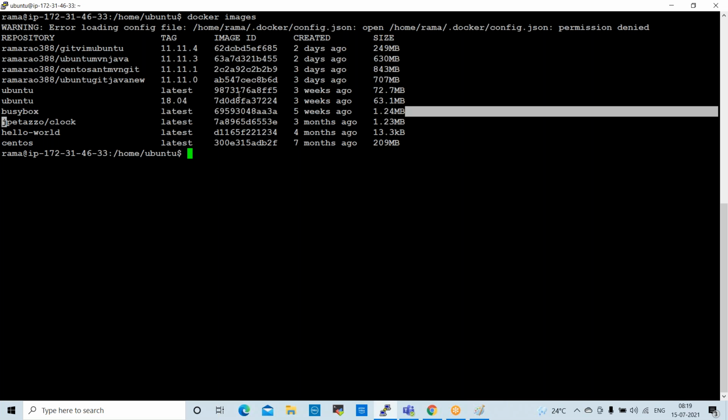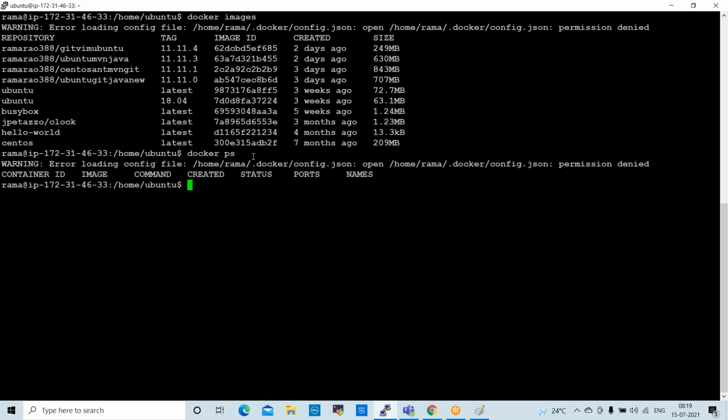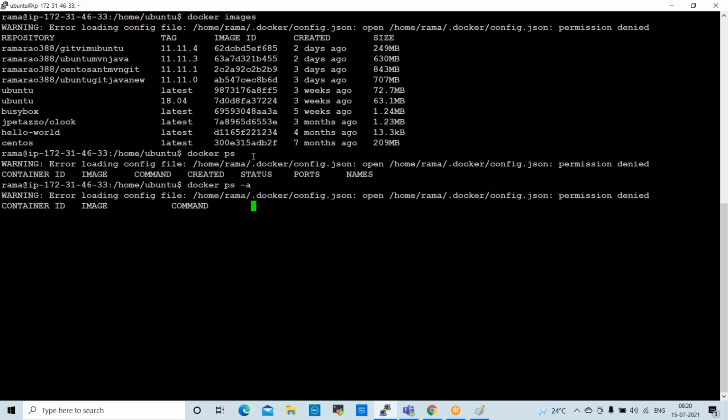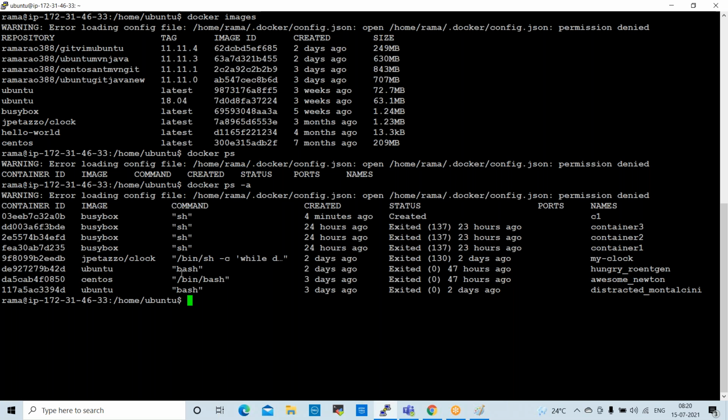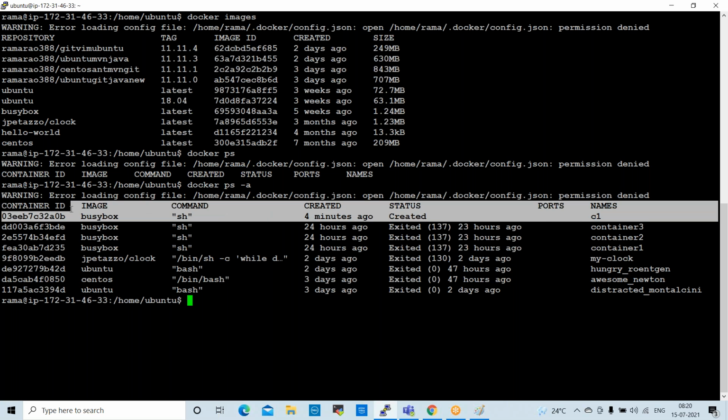What is that, Suresh? C1 is already there? Yes, sir, it's mentioning that. Docker ps, let us check. Got it. Okay, right, C1 is already there.